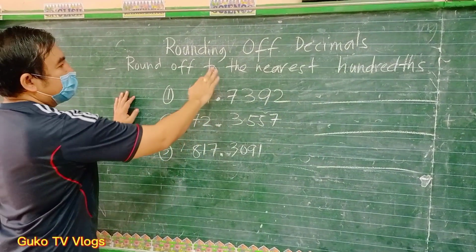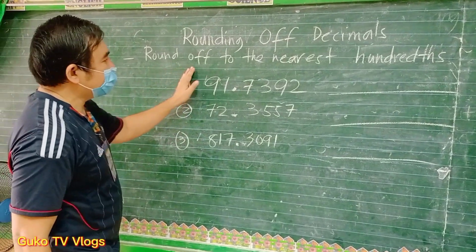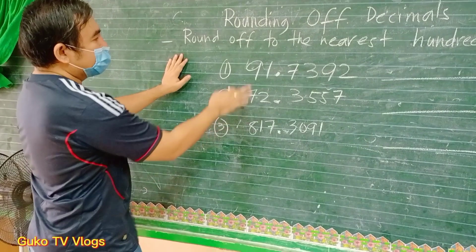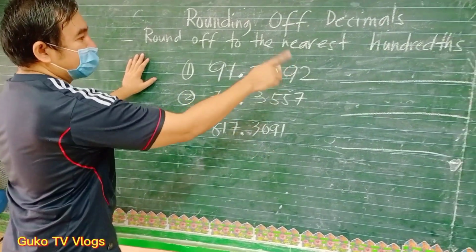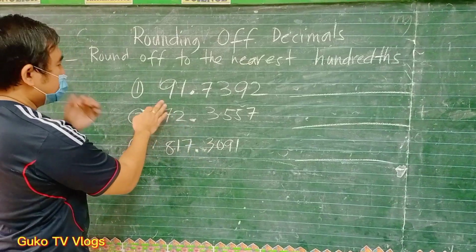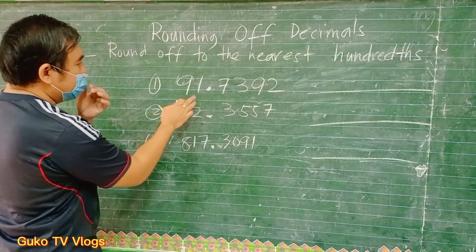Okay, rounding off decimals. We'll round off to the nearest hundredths. This is the instruction. We'll round off these decimals to the nearest hundredths. So again, the first step is we have to read. This is number 1. Number 1 is 91 and